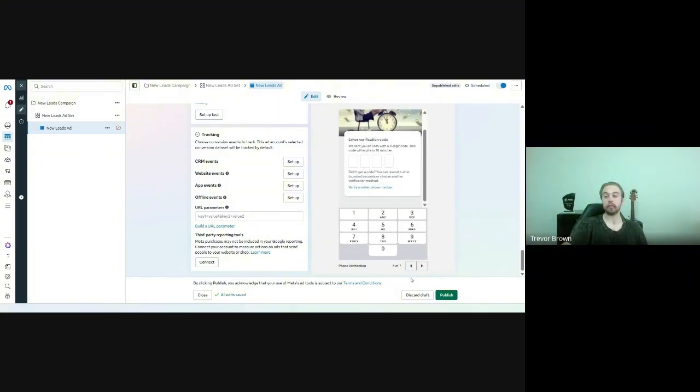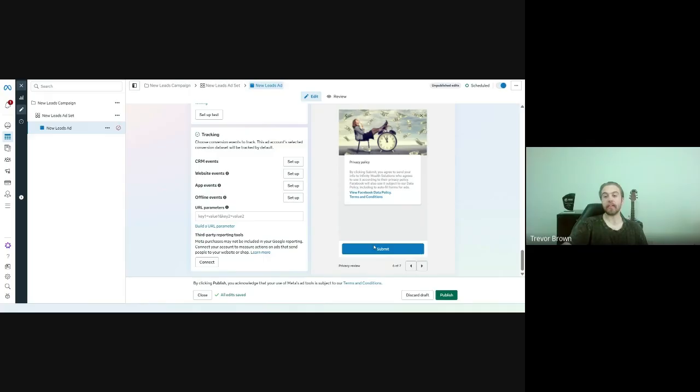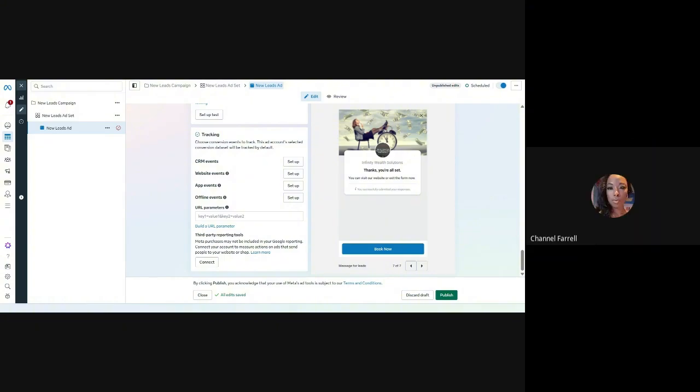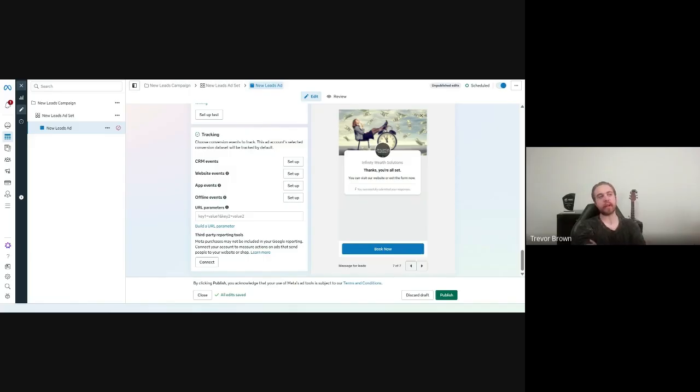SMS verification. We already talked about that. Then they hit submit. Then they have the opportunity to book their own appointment, which, by the way, I understand that you've had problems with self-booked appointments, but you put a calendar link at the end of a form. The lowest self-books I've ever seen is 15%. So it's basically 15 out of every 100 people. That's the lowest amount of people that are just going to book their own appointment.